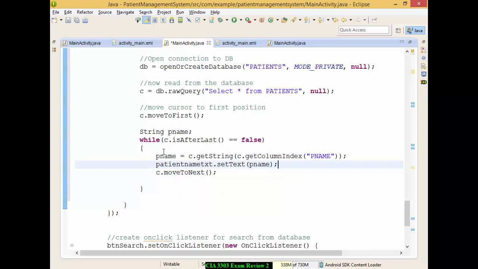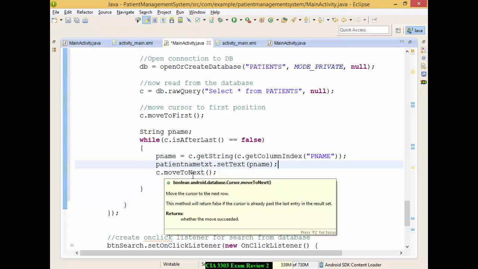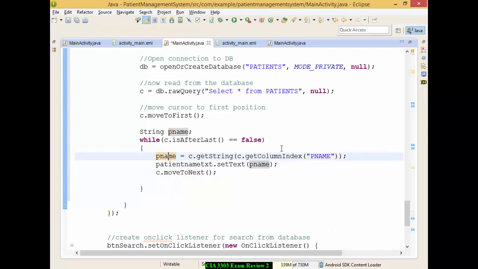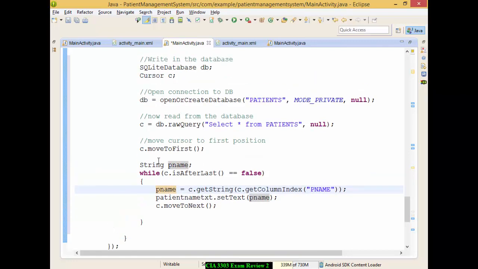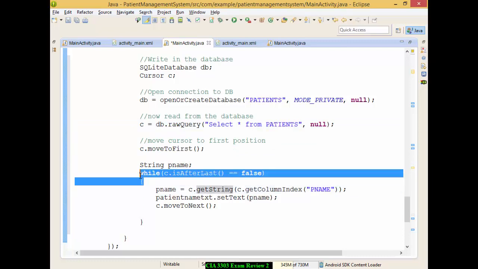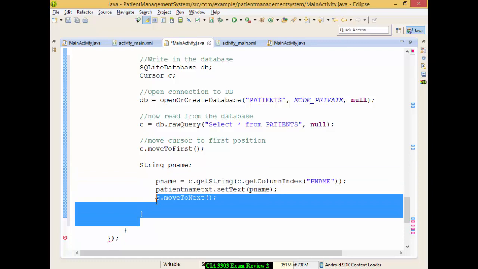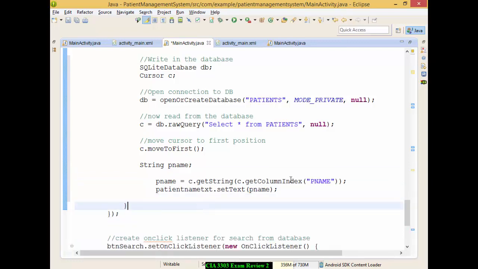So this I'm doing in a while loop because I was showing a toast message. There is no need to do that toast message. What I would want you in this scenario is to just read the first record and show. So move to first and display the record and finish. So no need for doing the while loop, or move to the next. So the patient name dot set text and also